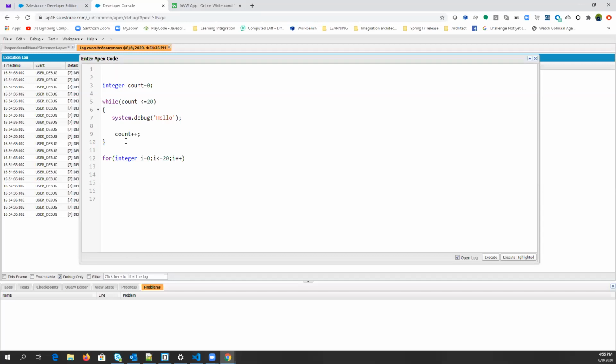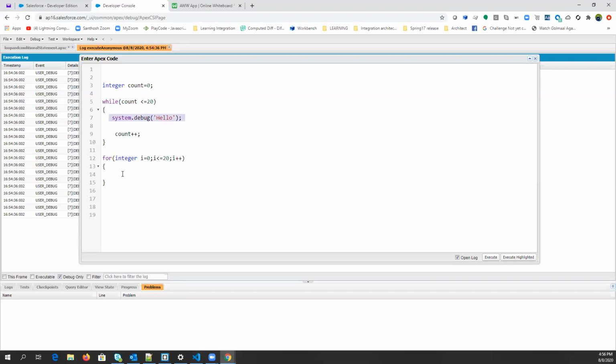So how will it execute? It will execute like this. First, it will check if the value of i is 0, right? It is the starting point, right? So the value of i is now declared as 0. Then this is the conditional statement that will be checked every time the loop is executing. So now it is checking i less than equals to 20, 0 is less than 20. Yes, it will execute, right?